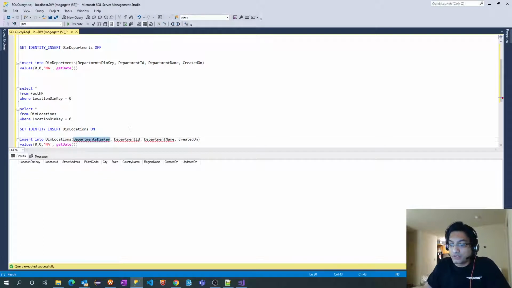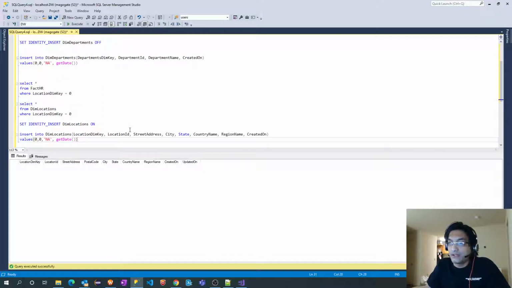Let's populate location dimension key, location ID, street address, postal code I will leave as is, city and state and even the country. And let's add region as well. All right, and 0, 0, NA, and I will copy this.